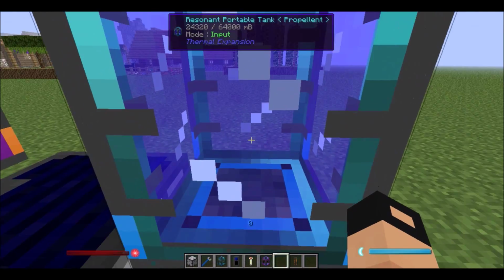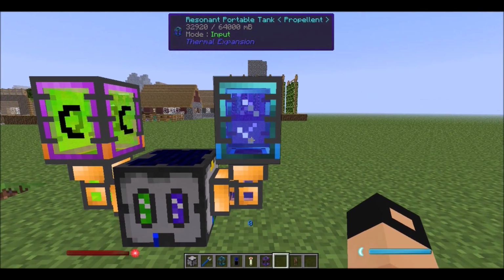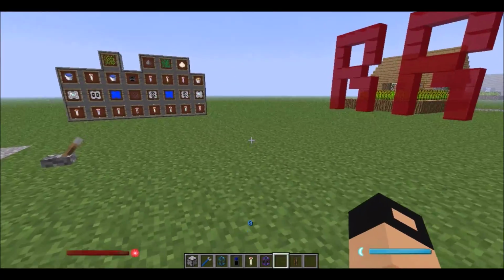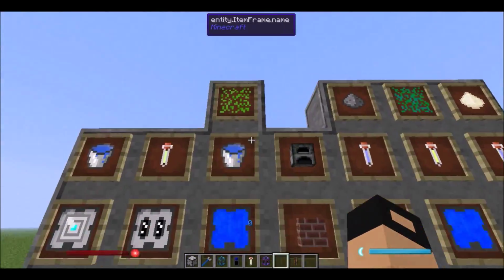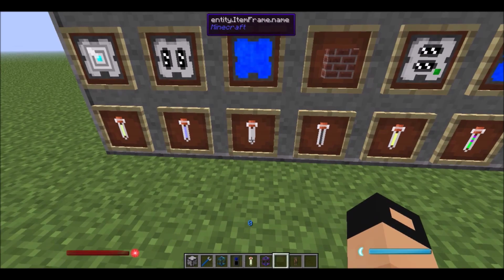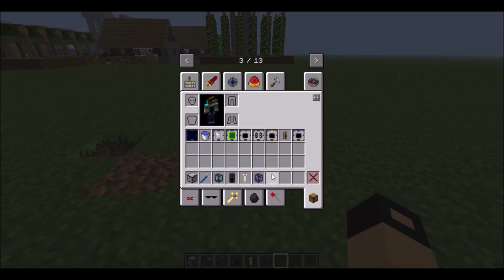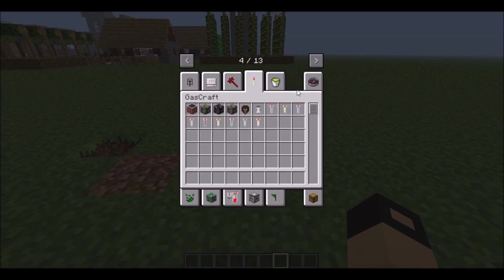Nice contrast, nice blue. Very nice. So that's how you make propellant gas. Let's keep up with the next thing, and that is hydrogen. Hydrogen is made out of algae and water in a photobioreactor. So let's move up. So we get some